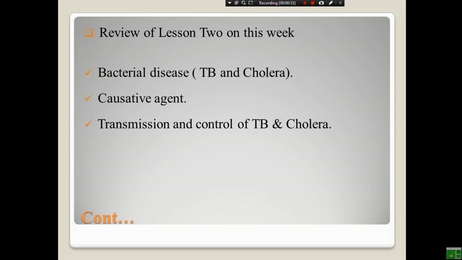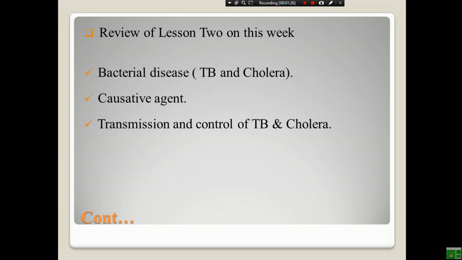Tuberculosis is transmitted through coughing and sneezing, but cholera is transmitted by eating or drinking food or water contaminated by the fecal waste of the infected person, and also by poor sanitation of an area or a lack of proper sewage disposal. But there are control or preventative mechanisms. We can control